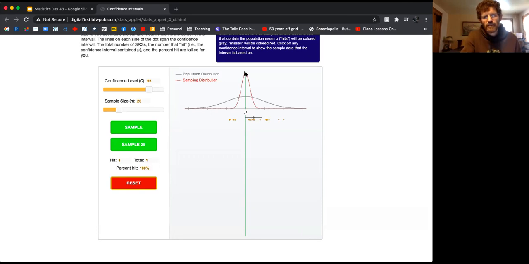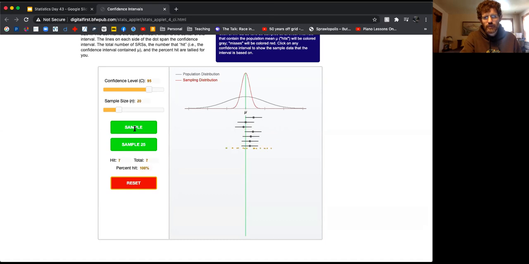And it just so happens that this green line is the true population proportion, or mean in this case. The true population mean is right here. We got the sample, and we happened to capture it just barely inside of our confidence interval. If I did another sample, well, this one lands almost perfectly on it. And this is randomly generated each time, so I don't know what the next one's going to be, but we got a lot of samples drawn, and our sample mean happened to be right here, with the confidence interval going around it. All right, I'll just do a few more of these.